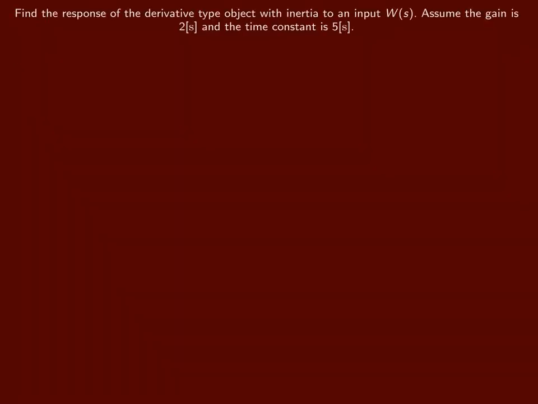The content of the next task reads: find the response of the derivative type object with inertia to an input w of s. Assume the gain is 2 seconds and the time constant is 5 seconds. The transfer function mentioned in the task content is, the gain is the parameter k, and the time constant is the parameter t. So